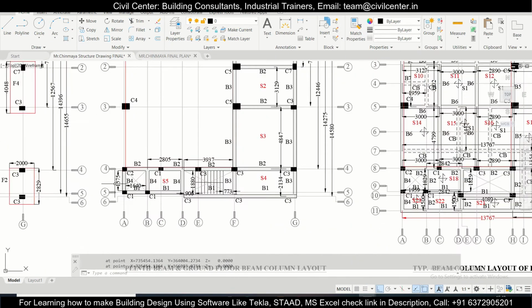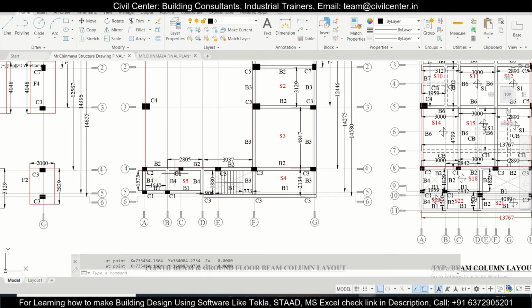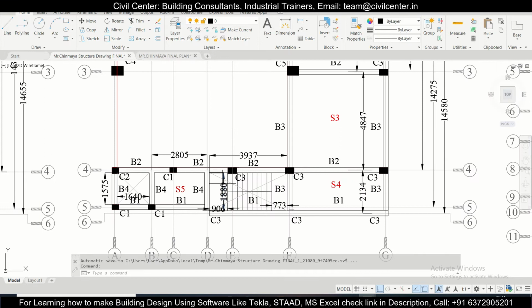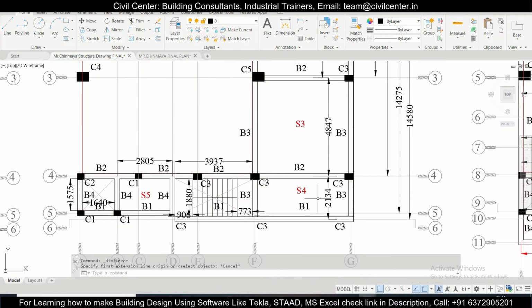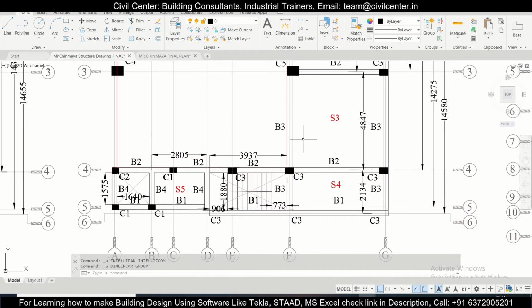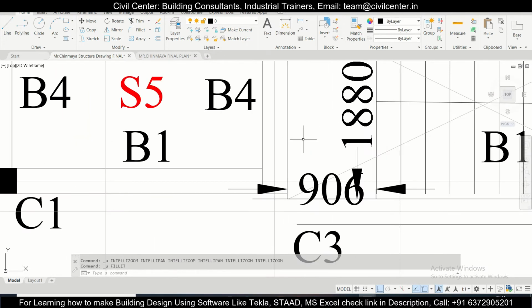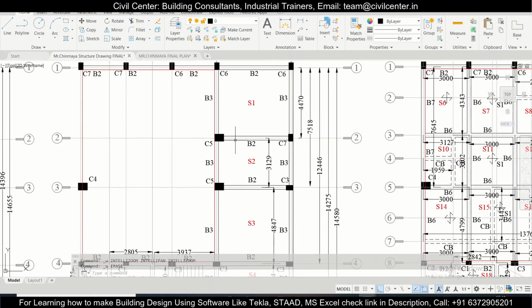So let's calculate the length of B1 first. Now we'll have some columns which we had deleted earlier. We'll just press Ctrl plus Z to get the columns back, the portions which we had deleted. Okay, we are back now.